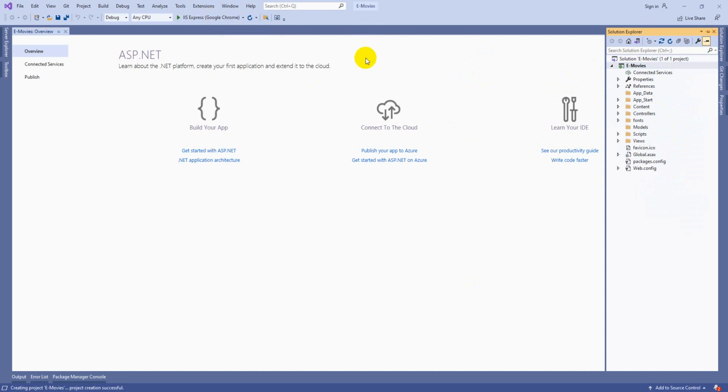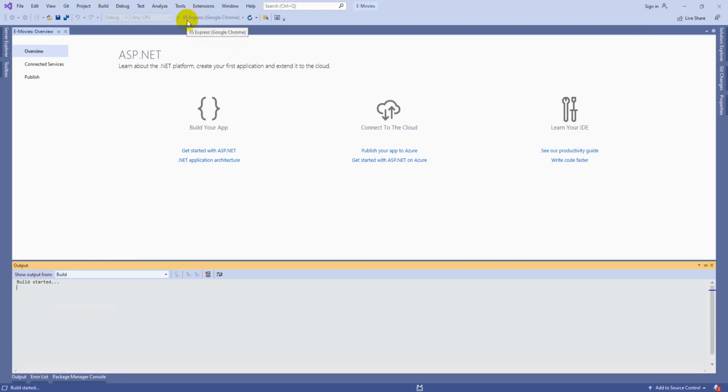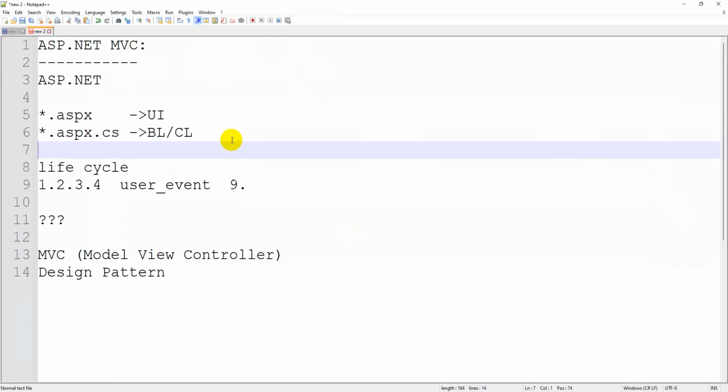I think it is getting loaded, just give one more minute. Now you can click on Google Chrome. In the drop down you can select which browser to execute your application in. Here you are going to see a new topic called IIS. Let's refer to the same code we discussed in the previous class.